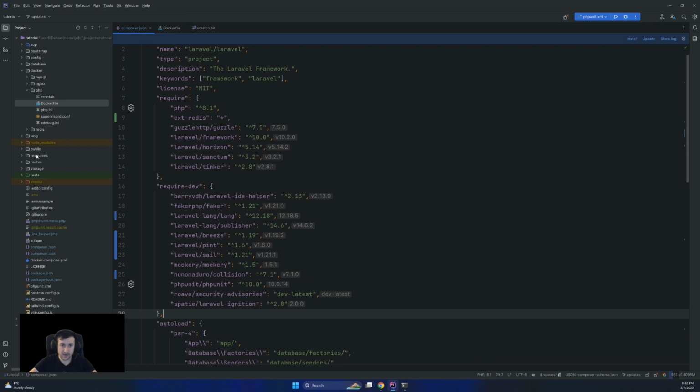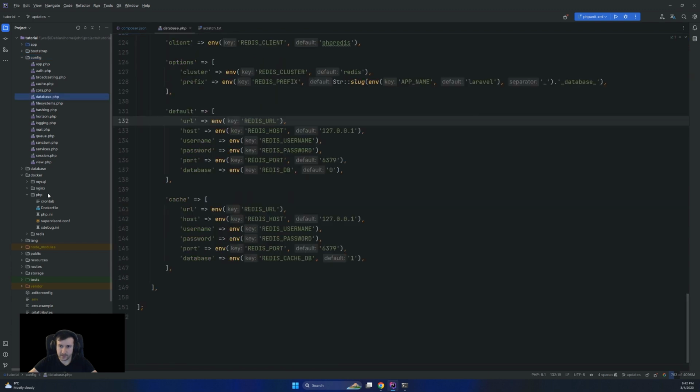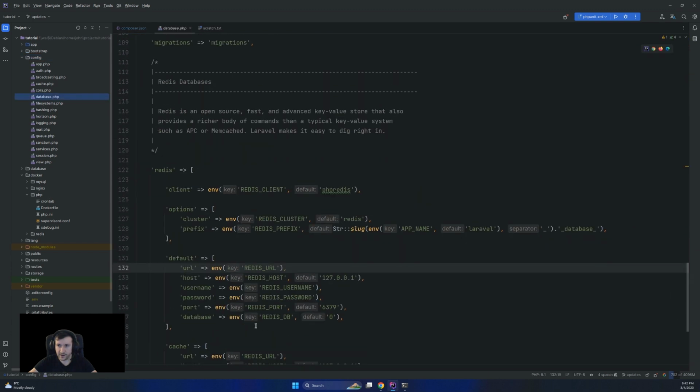If we go in here to the config directory, well, if PhpStorm will index and not block, and we go to database, I believe, yes. So the default Redis client is phpredis. If you don't have the extension enabled, obviously this will fail, but you can also have another solution.